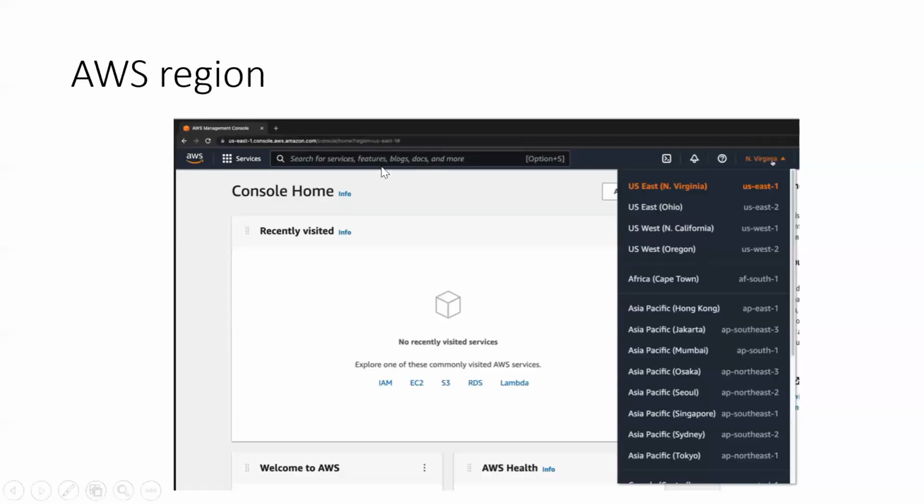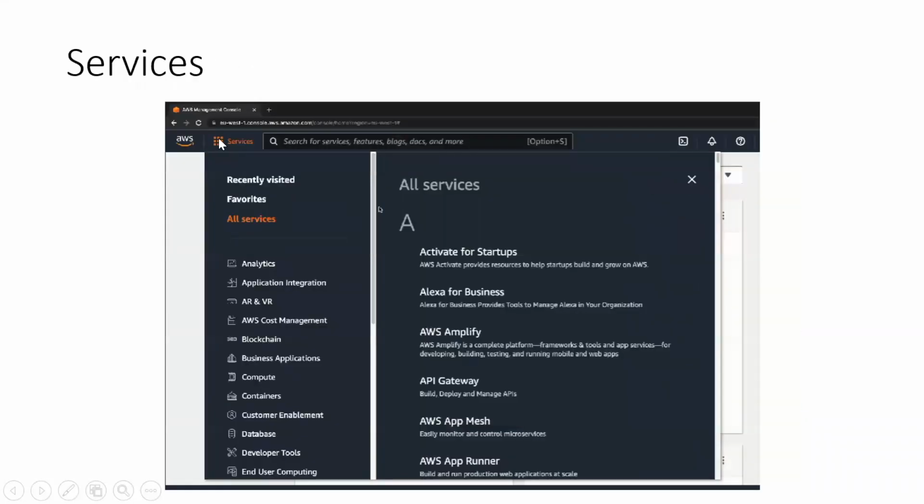Okay. So over here we can see there is a search bar option, and over there is a services option. So I'm going to the services option first. If we hover the mouse over there, you can see all kinds of services that AWS provides to us. They are mentioned over here. Based on your project requirement, your team architect or product owner will decide